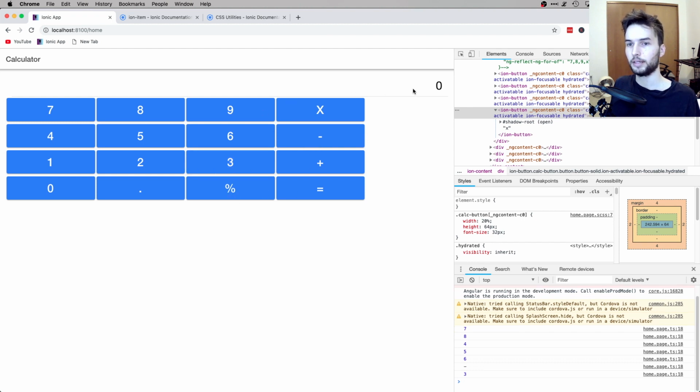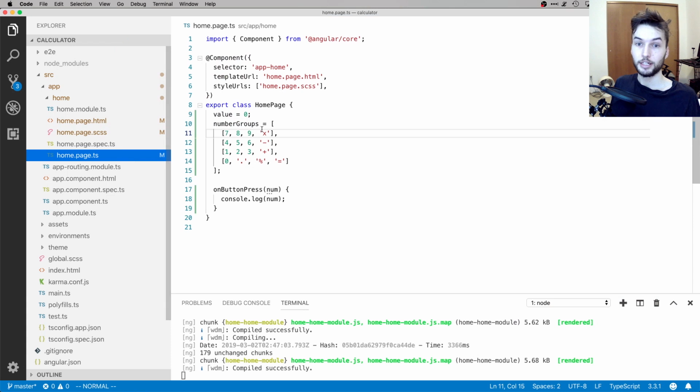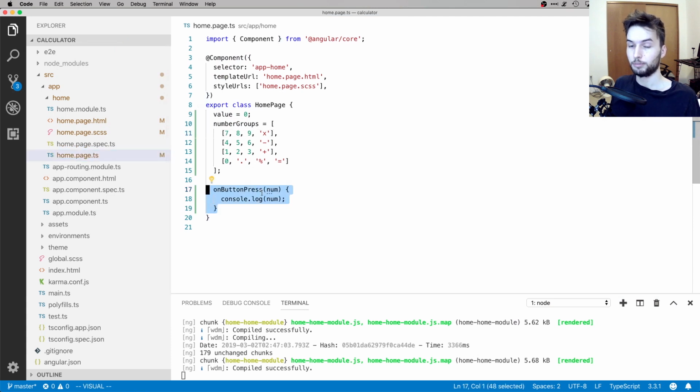Okay, now let's actually make the buttons do something. That would be cool if they did something. So basically, I've never really made a calculator like this, but I was thinking that when you press each button, it just checks if it's a number or not. And if it's a number or a dot, then it just adds it to this value up here. So inside of our function, remember that's called every time the button is pressed, we're just going to